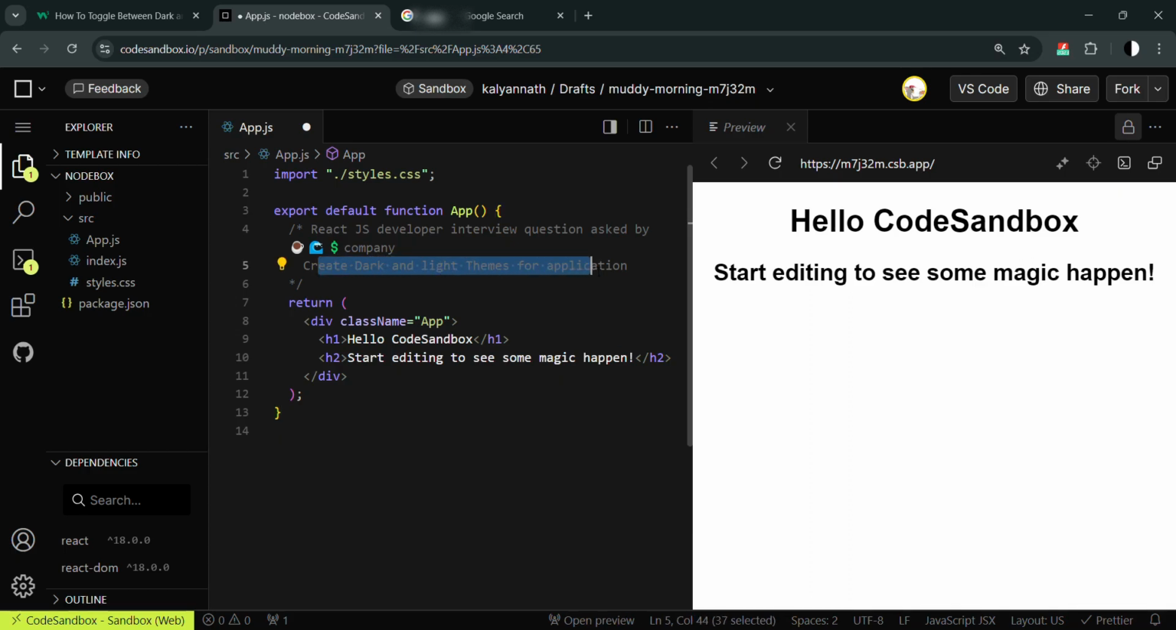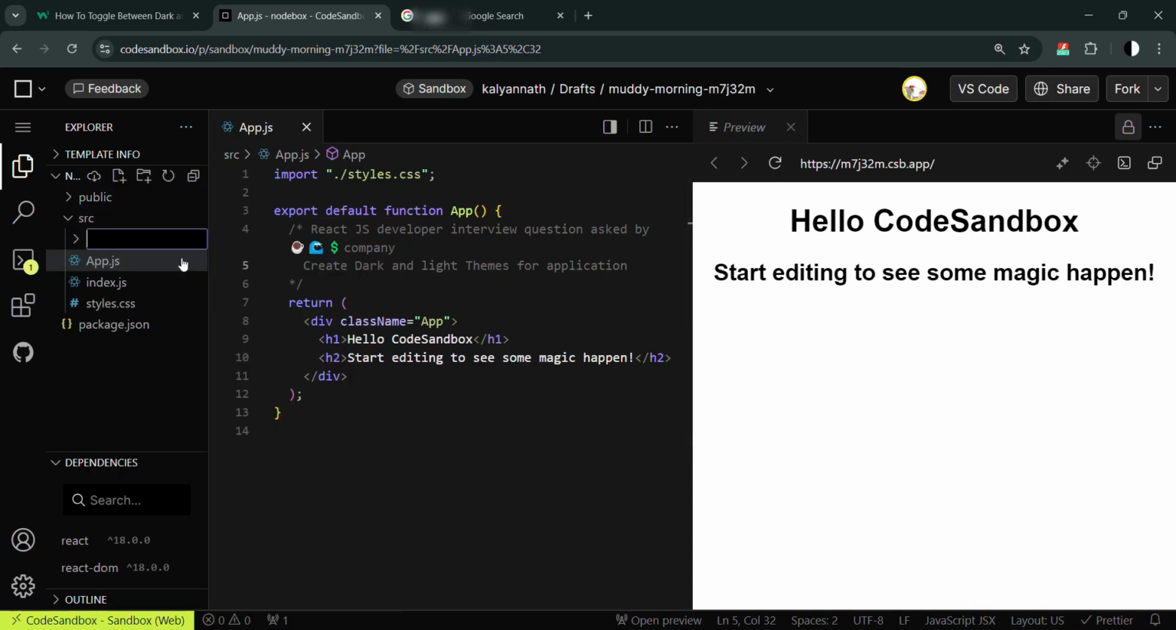The question is to solve a problem for creating dark and light themes for the whole application. Let me create one folder for that, which is called components. And inside it, I'm going to create one component called theme